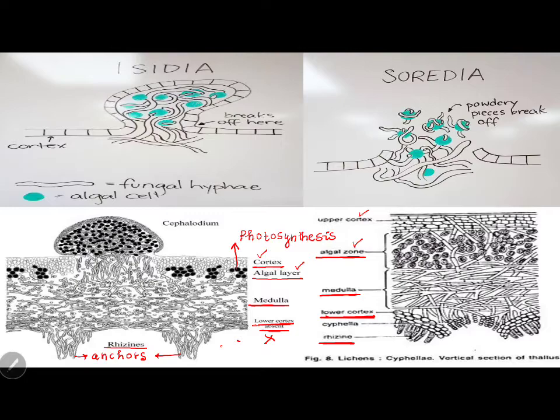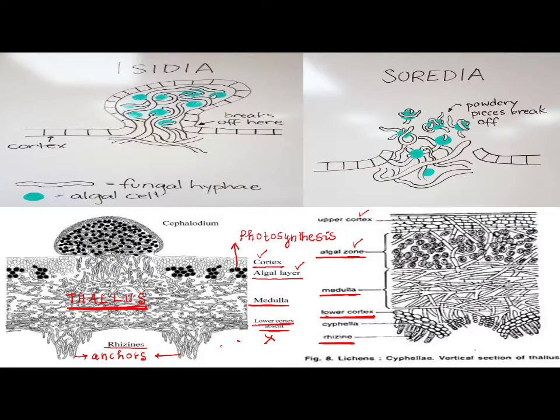Now this entire structure is called as thallus. The body of the lichen is called as thallus. The word thallus means undifferentiated structure because they are very primitive. Usually we use the word thallus for primitive structure, morphologically and anatomically. It is just a layers. Cortex and medulla are the words we use to name the superficial layers and the deep layers.